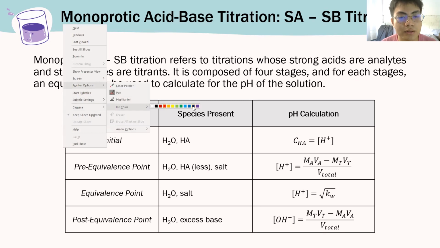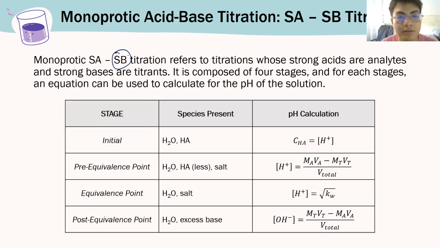But when you add your base, your titrant, no, nababawasan na yung concentration ng acid. So we use this equation. This part accounts for the reaction between your acid and the base. And then the volume total here is used to infer that the solution is being diluted kasi nag-add up yung